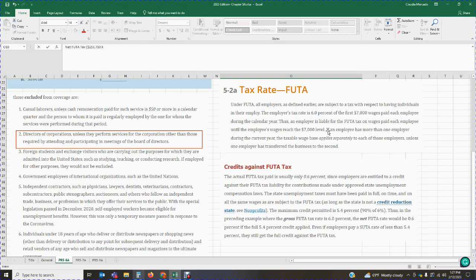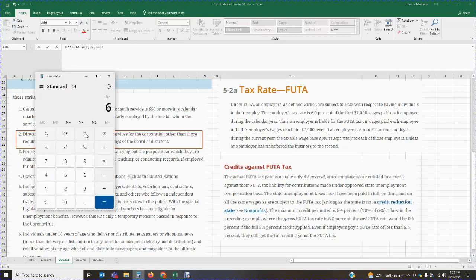Now, below that, it talks about another thing. It talks about a credit against FUTA. It says here that the actual FUTA tax paid is usually only 0.6% since employers are entitled to a credit against their FUTA tax liability for contributions made under approved state unemployment compensation laws. Most of the businesses or organizations are set up under this program. The state unemployment taxes must have been paid in full, on time, and all the same wages are subject to FUTA tax. And the maximum credit is 5.4%. So my FUTA rate is 6. I get a credit of 5.4. So that means I'm only going to pay FUTA taxes on